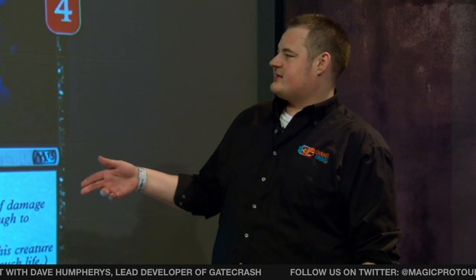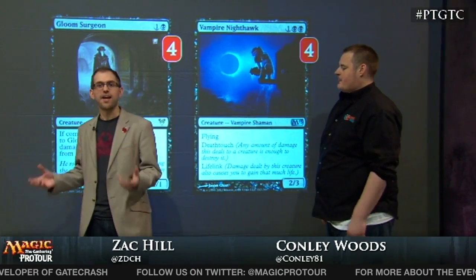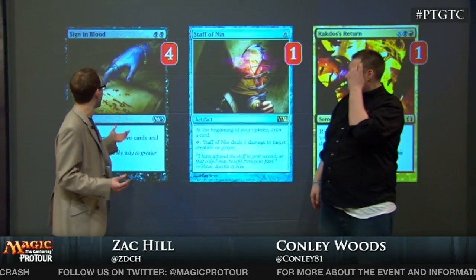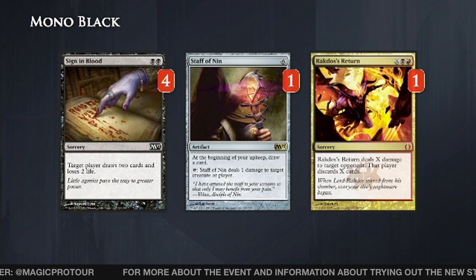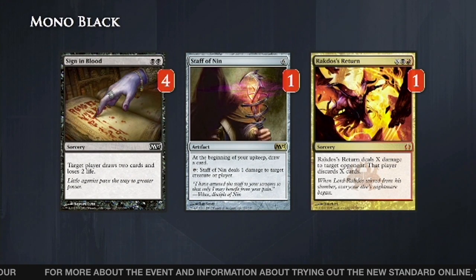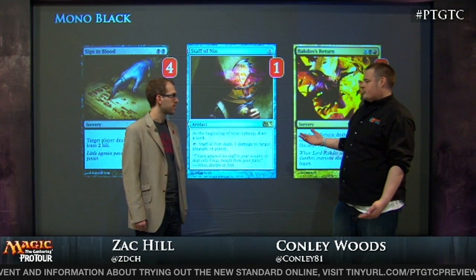All right, so rounding out the main deck, we've got to be able to get some card advantage really quick. We all know why card advantage is good. How do we get it? Sign in Blood, Staff, and Rakdos. You need your Think Twice effect, just like all the control decks do. Sign in Blood's really your best option. It's a 2-drop, not the best against aggro decks. The 2 life does matter, but it seals the deal later on in the game once you've taken